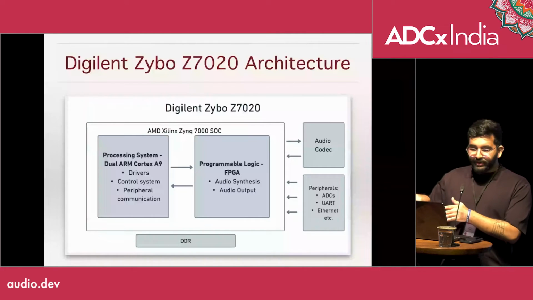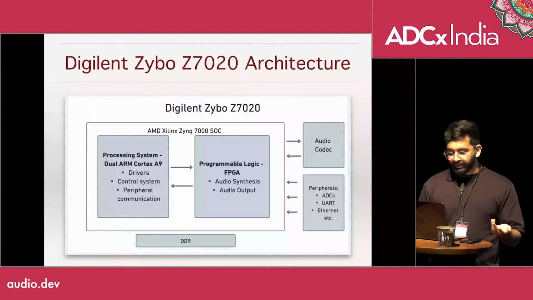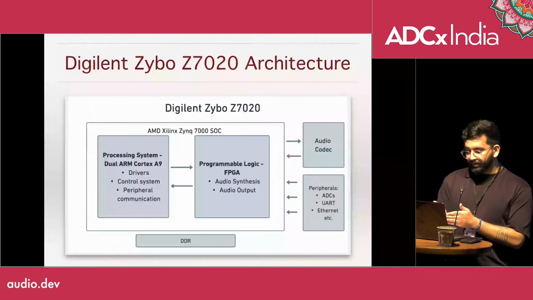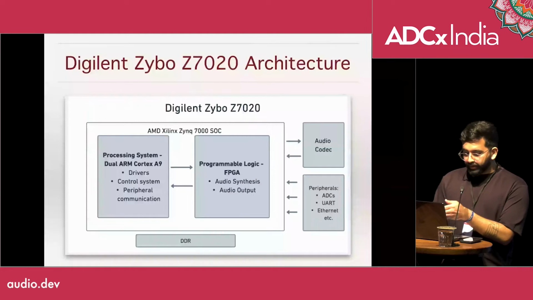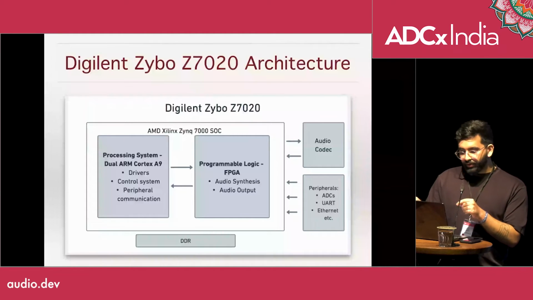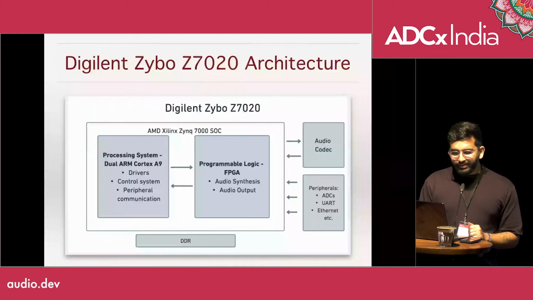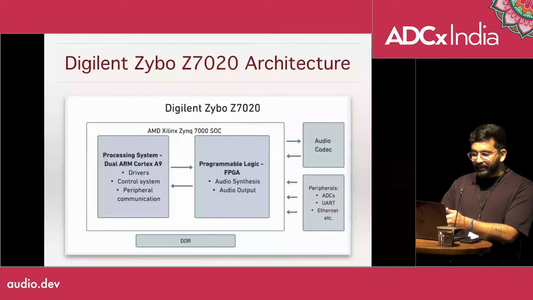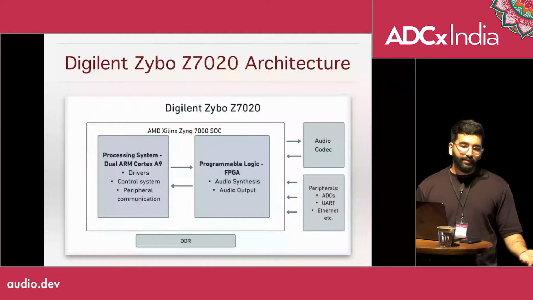And then on the FPGA side, that's where we do things that need low latency, things that need high processing power, and basically our main audio synthesis, like computing audio, processing audio, all of that is done on the FPGA, and that audio is sent to the audio codec. The CPU configures the audio codec, the FPGA sends audio to the audio codec. And then there's also DDR memory on the board, outside of the SoC, which both the CPU and the FPGA have access to.